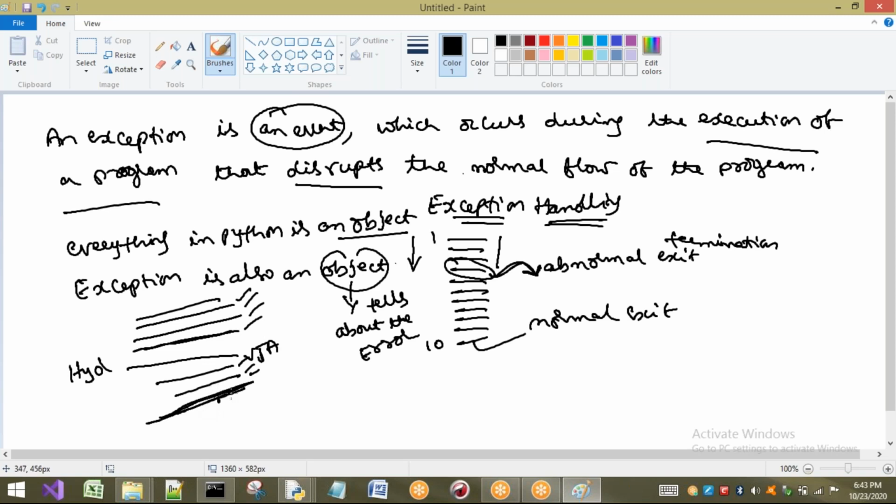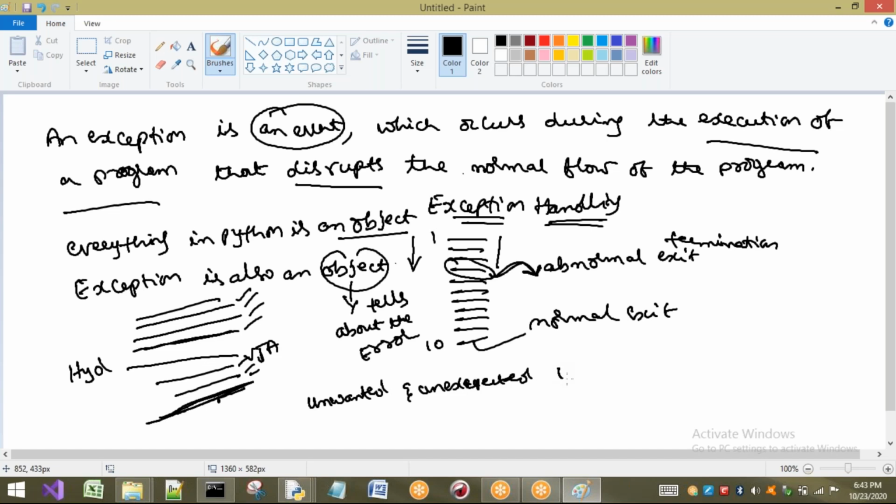Unexpectedly something happened. Because of that, my journey is going to be stopped. So will I stay on that road only because my tire is punctured? No, I have to do something. I have to come back to Hyderabad. So if you want to understand the exception clearly, generally I can say it is an unwanted and unexpected event that disturbs the normal flow. What does it disturb?